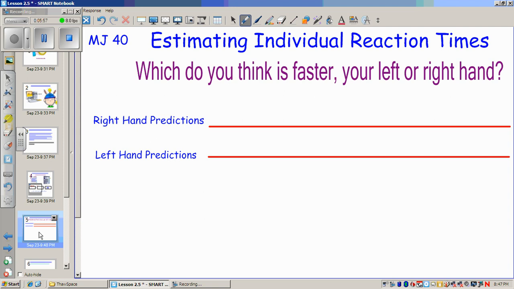Right hand predictions. So I think I'm going to be 0.16 with my right hand, and I think I'm going to be about 0.15 with my left hand. So I'm actually going to go with my,